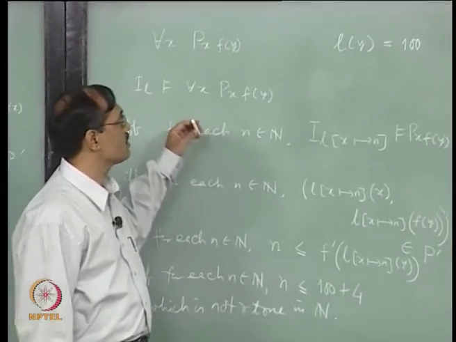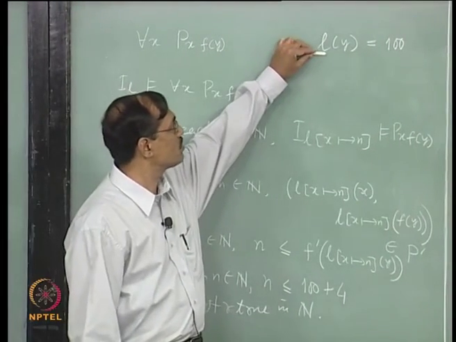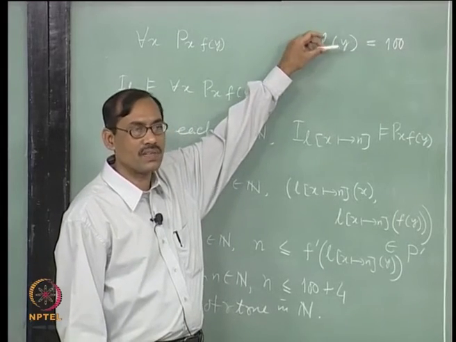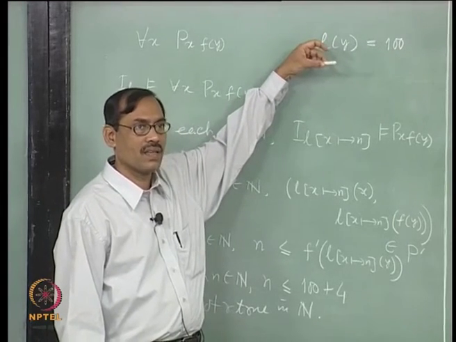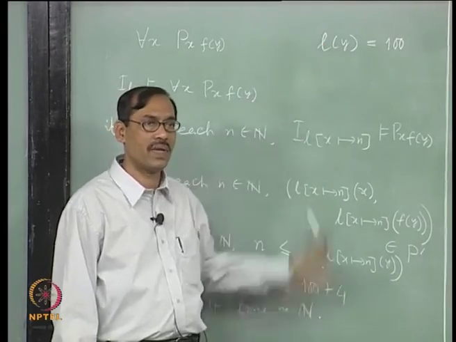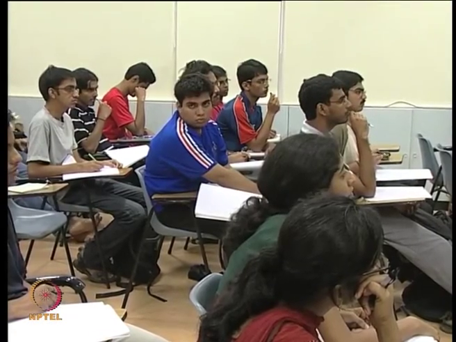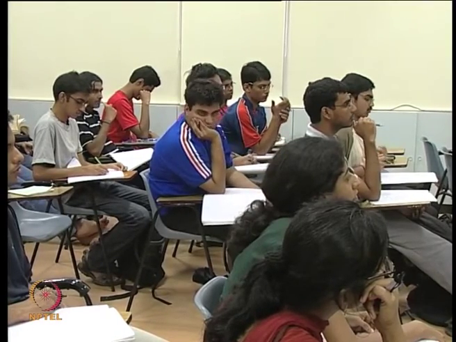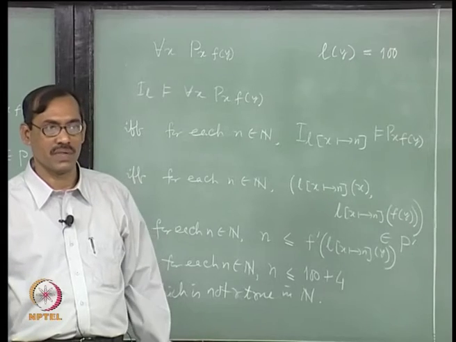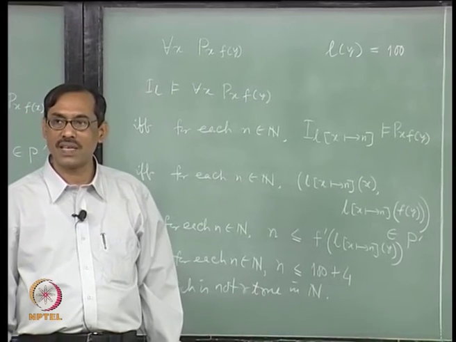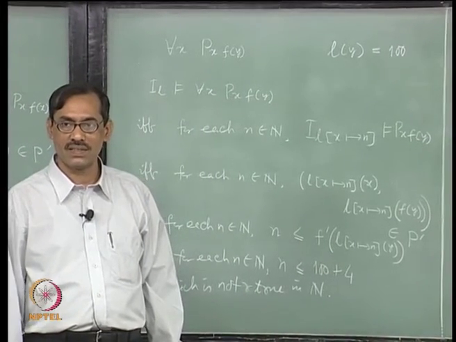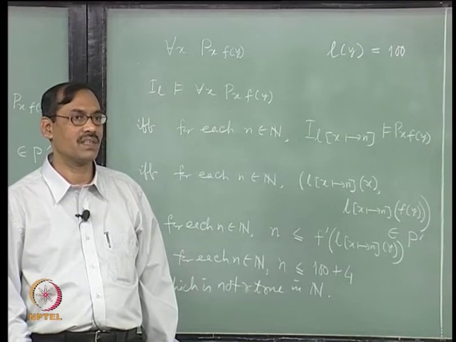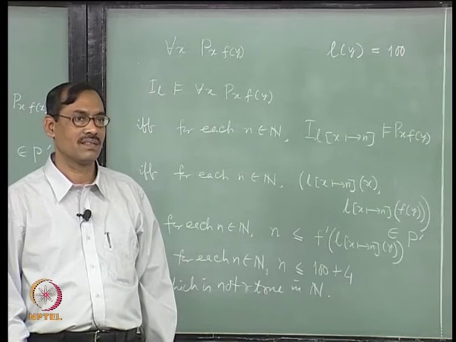Well, what you are telling is each time you choose a different value for y, your L changes. For different valuations, the corresponding state may or may not satisfy, but it has to be seen. So the interpretation itself does not interpret directly this open formula, it is a state which interprets, right. But in the other case, when it is a closed formula, a sentence, whatever L you would have chosen does not matter, the interpretation directly interprets the sentence, right.